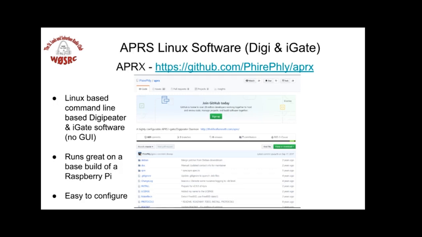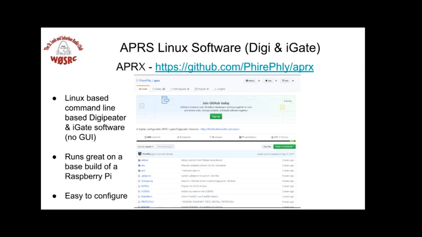There is a piece of software, if you're running Linux, called APRX. There's a guy by the name of Kevin Finnegan. He did his master thesis on APRS. And there's a ton of good information. If you listen to this podcast, it's defunct now, but he went into basically everything that I have talked about on this podcast called Ham Radio 360. And I don't know what episodes they are, but if you Google Ham Radio 360 APRS, there's 2 episodes. There's an episode where he talks about APRS, and then there's another episode where he goes into question and answers. The guy is brilliant. He teaches it much better than I do on how things work, why they work. But he is the owner of APRX, and it's a very easy piece of software to configure for an iGate